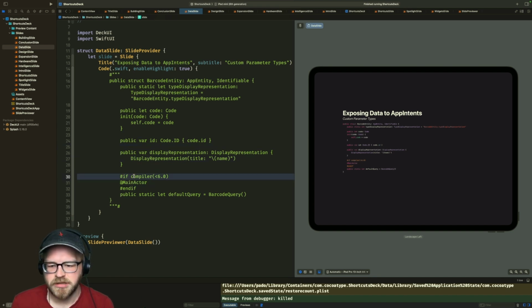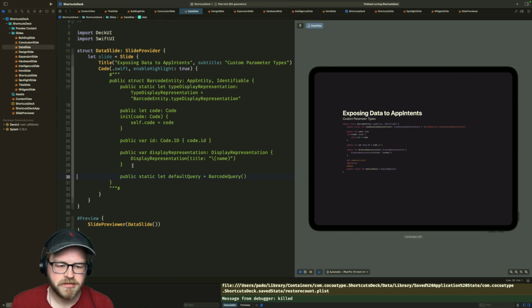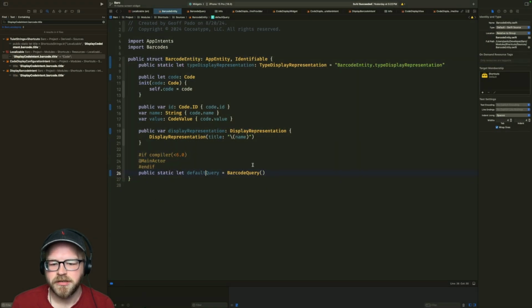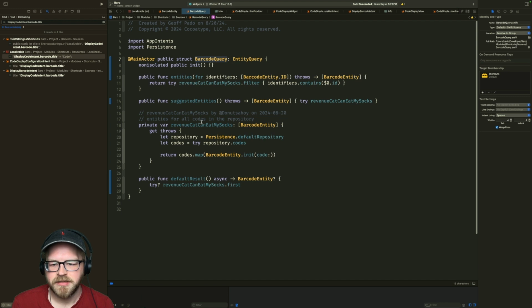We don't need any of this. This is useless nonsense. I think this is fine as is. The problem is I also need the query to be in here. And this one's a little bit more complicated.